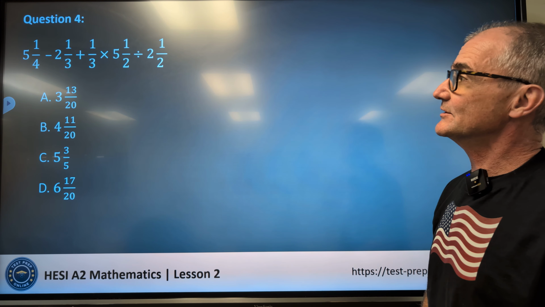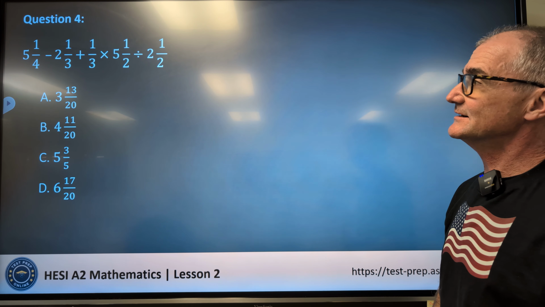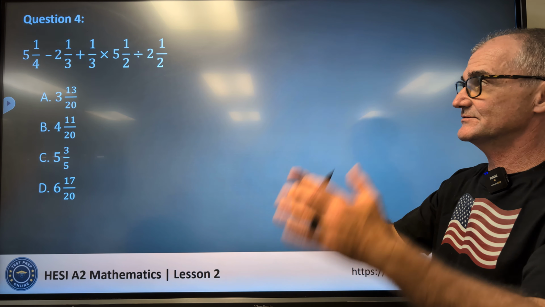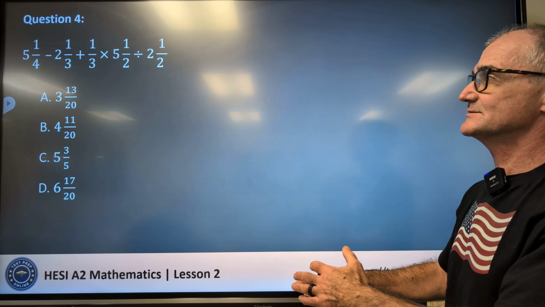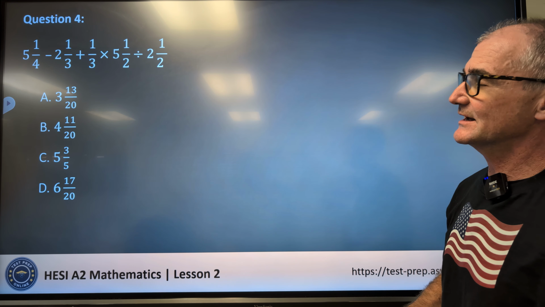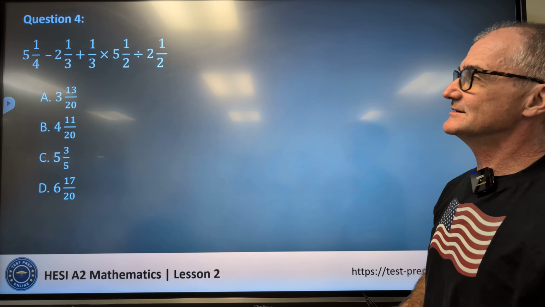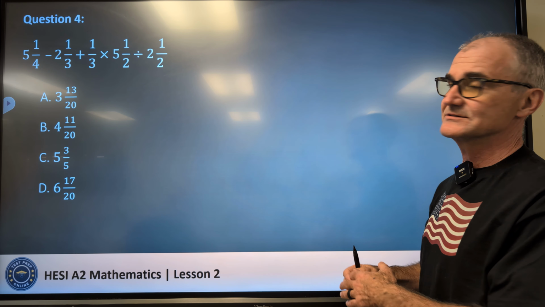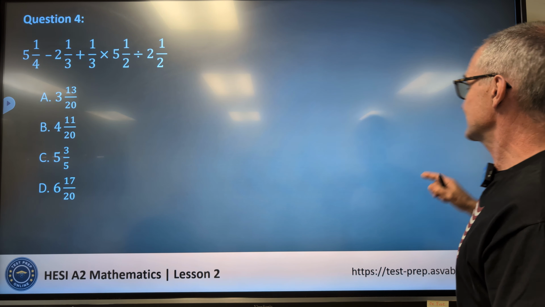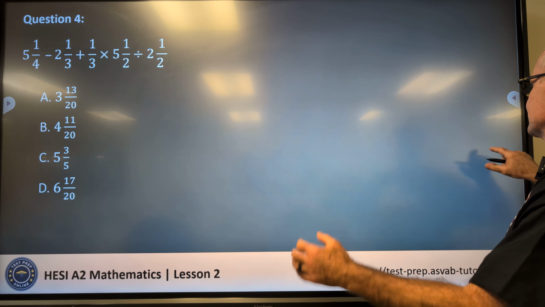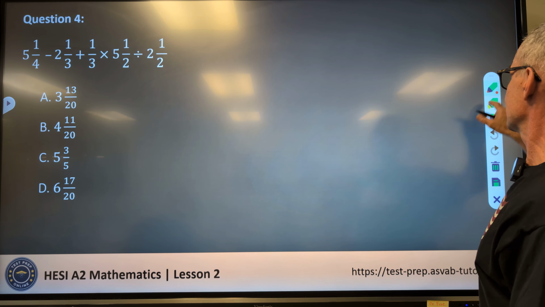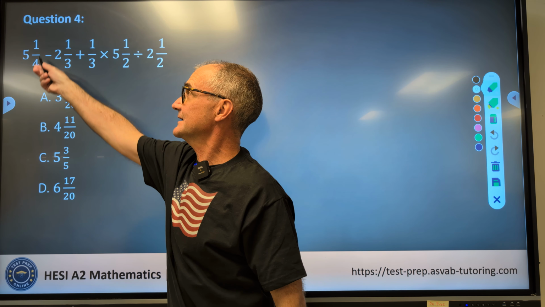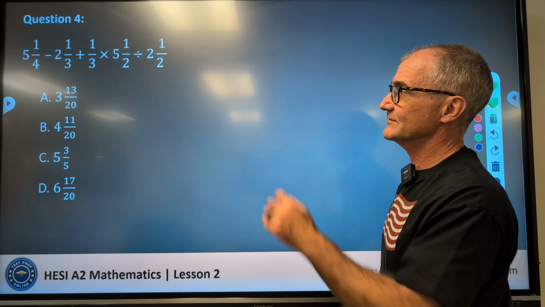Question number 4. We got a lot going on there. No parentheses, no exponents. So we're just looking at multiplication and division first, and then addition and subtraction next, from left to right. I think what I'm going to do with this is turn them all into improper fractions from mixed numbers. So the way I do that is I take the integer out the front, that 5 say, I multiply it by the denominator to get 20, and I add the numerator. So that 5 1/4